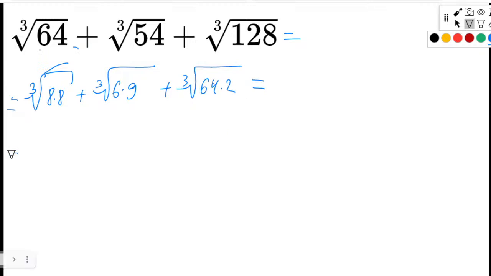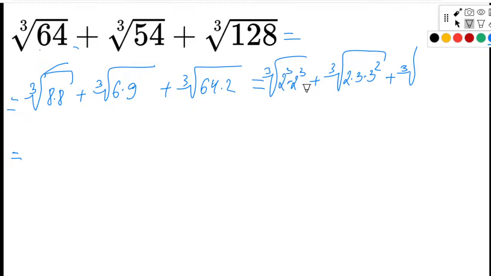Let's continue. It's 2 to the power of 3 multiplied by 2 to the power of 3 plus 3. It's 2 multiplied by 3 multiplied by 3 to the power of 2 plus cubic root